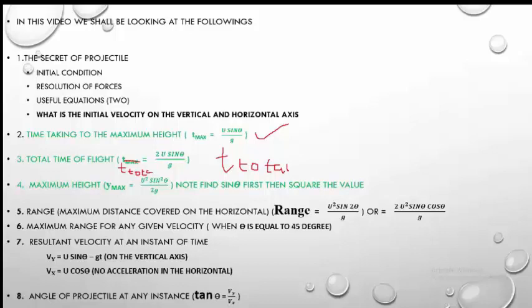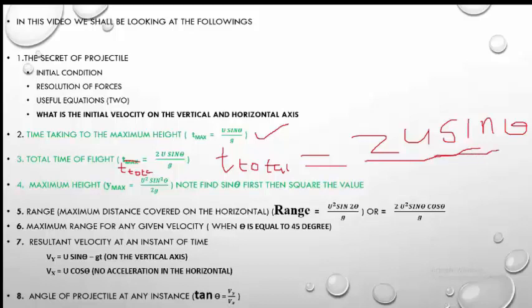Total time will now be equal to 2u sin theta over g. So we can now look at, let's now look at